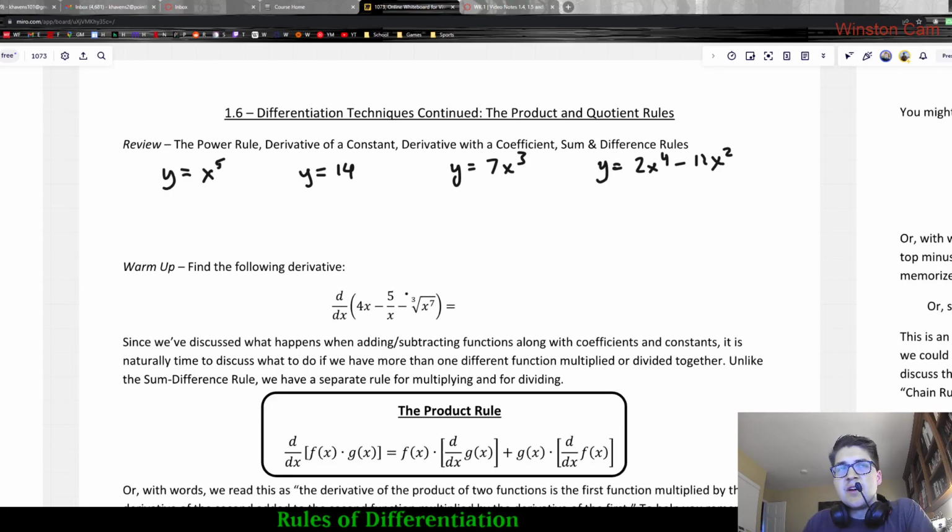In this video, I wanted to talk about taking derivatives of a product of two different functions. In the last video series, we talked about rules for differentiation, such as the power rule, the constant rule, the coefficient rule, and the sum and difference rule. Let's quickly warm up with a review of those rules because we'll be using them again as we work with the product rule. All of these rules build on each other, and we need to remember our previous rules as